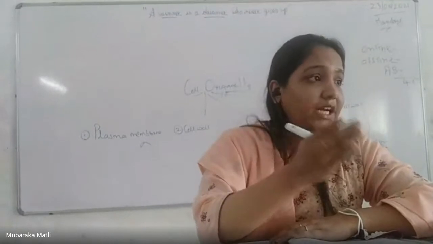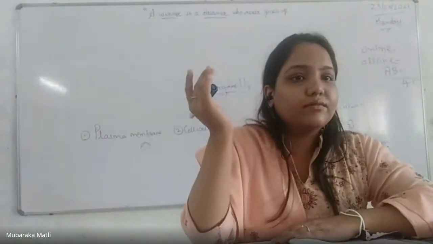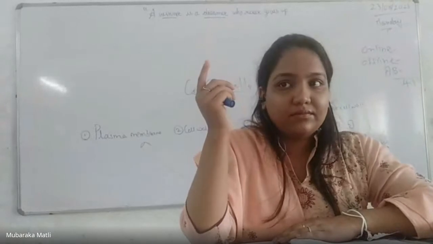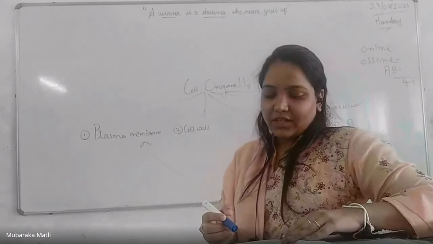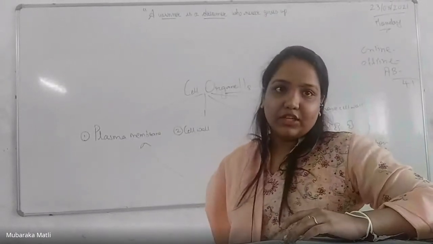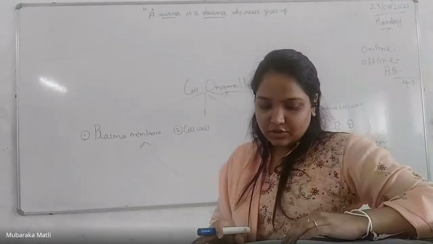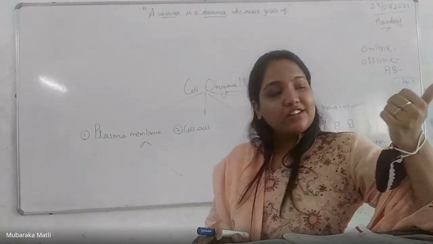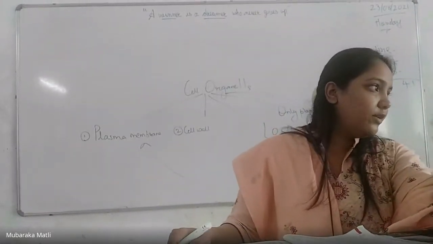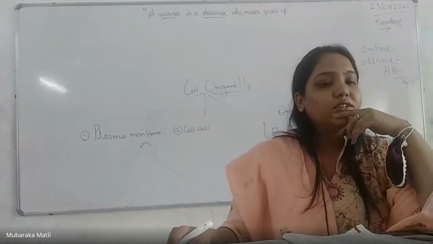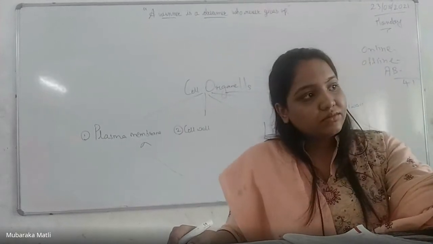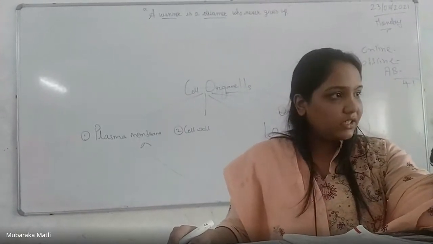Plant cell wall is made up of what? Plant cell wall is made up of? Cellulose. Yes, the plant cell wall is made up of cellulose. I got an answer from the online students. And do they participate in osmosis and diffusion? Cell wall. He said no. What about you? Of course they participate in diffusion and osmosis.